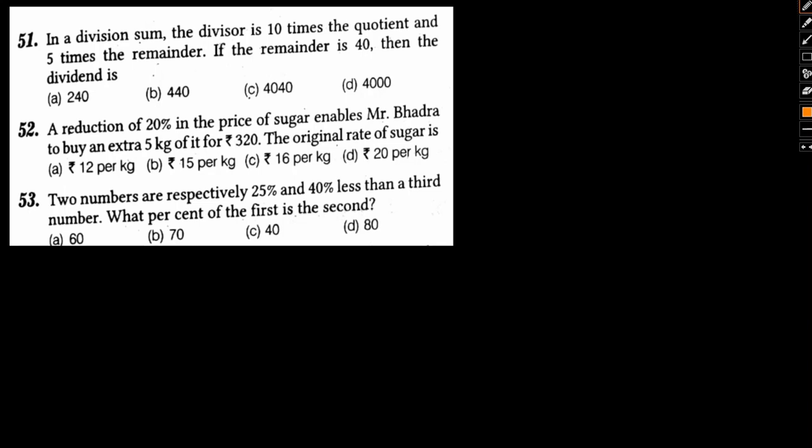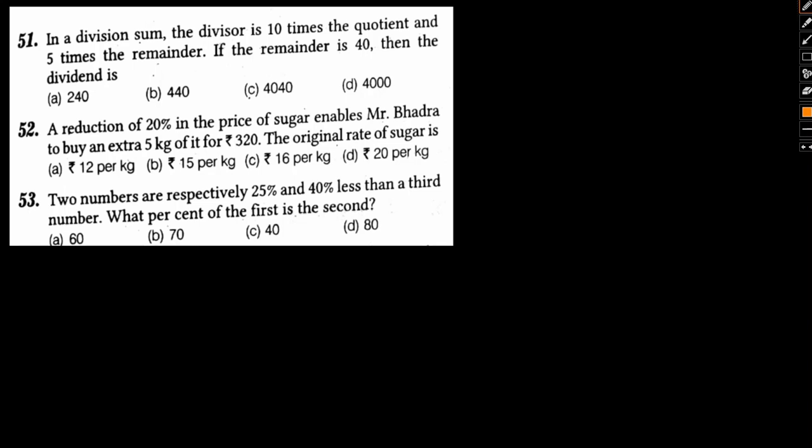Okay, so having said that, what we'll be doing is we'll take up three questions from the paper, that is 51 through 53, and we'll try to observe and understand what the ideal approach towards each of these questions is going to be like, so that whenever we come across such a question further down the line, we are easily able to solve them. Okay, so having said that, let's go ahead and solve the question. So let's start off with 51.